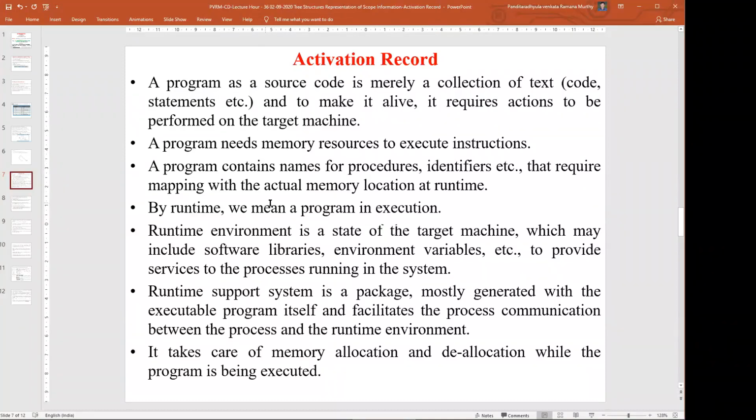A program contains names for procedures and identifiers that require mapping to the actual memory location at runtime. Whenever you call a function or execute a variable within a particular scope, after the intermediate code we copy that part into memory locations, which can be main memory or auxiliary memory.